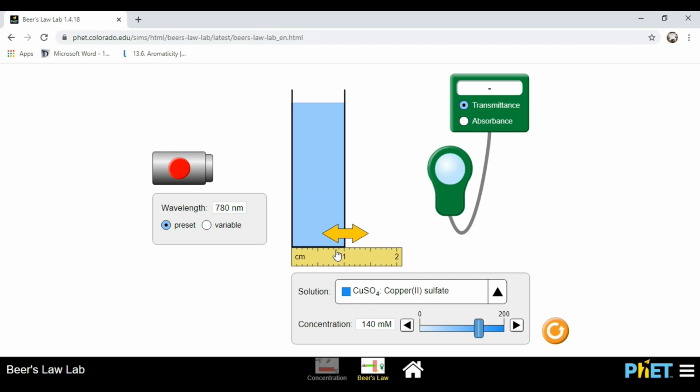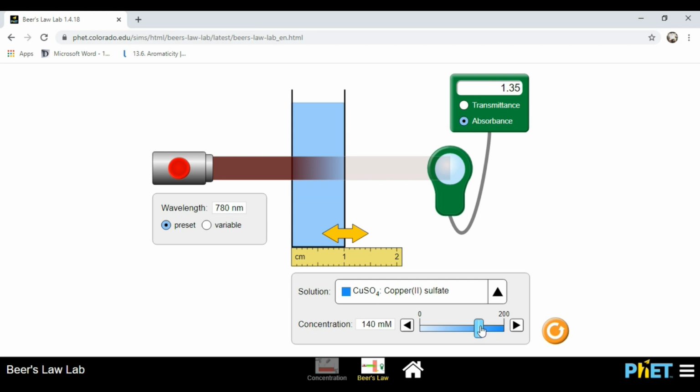And using the scale, you can measure the length of the cuvette or alter the length of the cuvette. This is 0.5 centimeter and this is 1 centimeter. Okay, let me go with 1 centimeter length. Now I'll turn on the light which has the wavelength 780 nanometer. The sample solution absorbs particular radiation and emits the remaining radiation. The transmittance is displayed, which is 4.50%. You click the absorbance, it is 1.35.